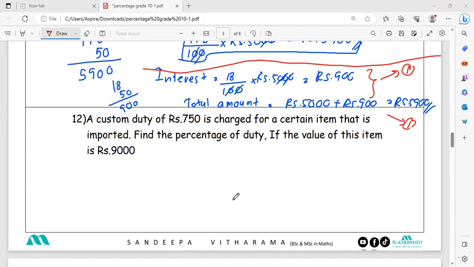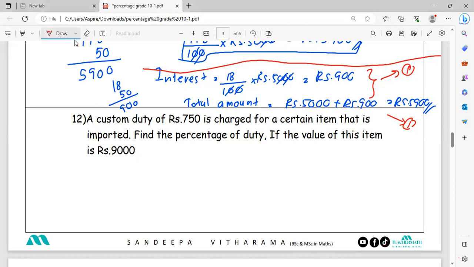A custom duty of 750 is charged for a certain item that is imported. Find the percentage of duty if the value of this item is 9,000 rupees. Then what you have to do? You have been given a custom duty and the value of the item. So what you can do is write these two as